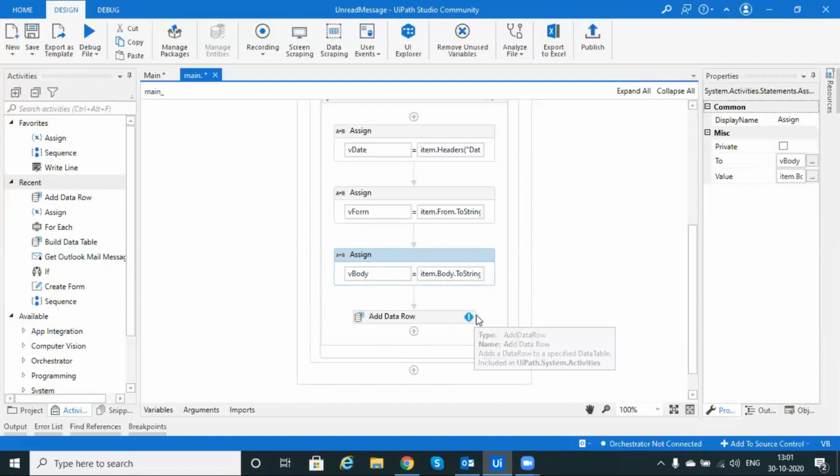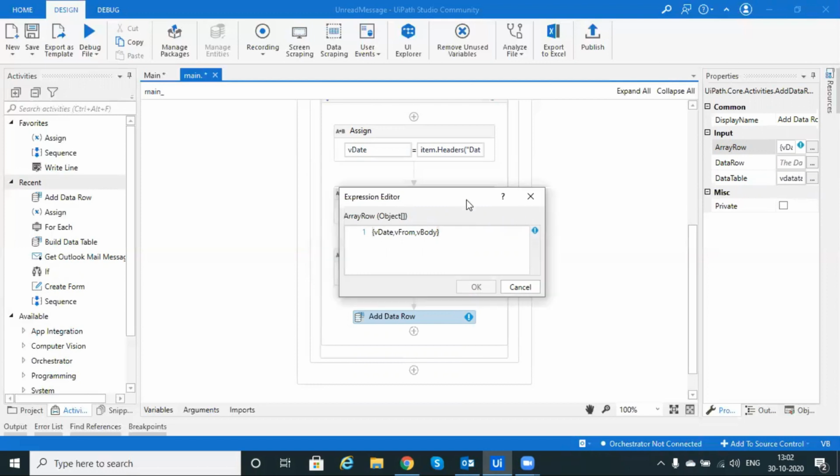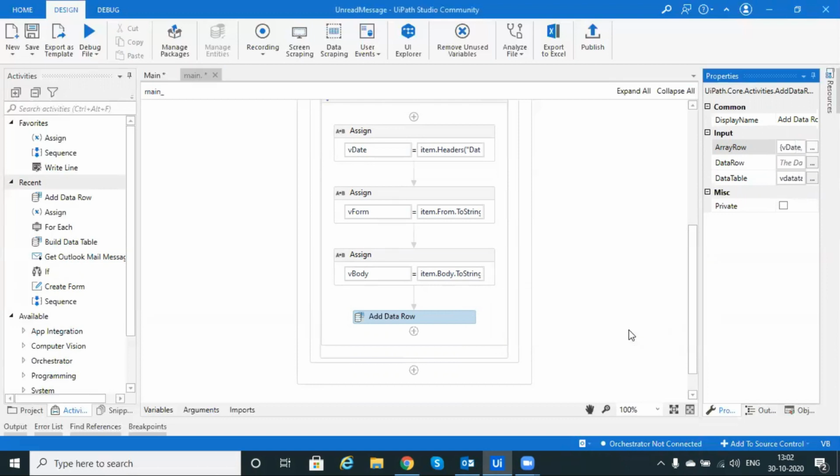Why are we getting this error? We have date, the, okay, due to a spelling mistake, right?